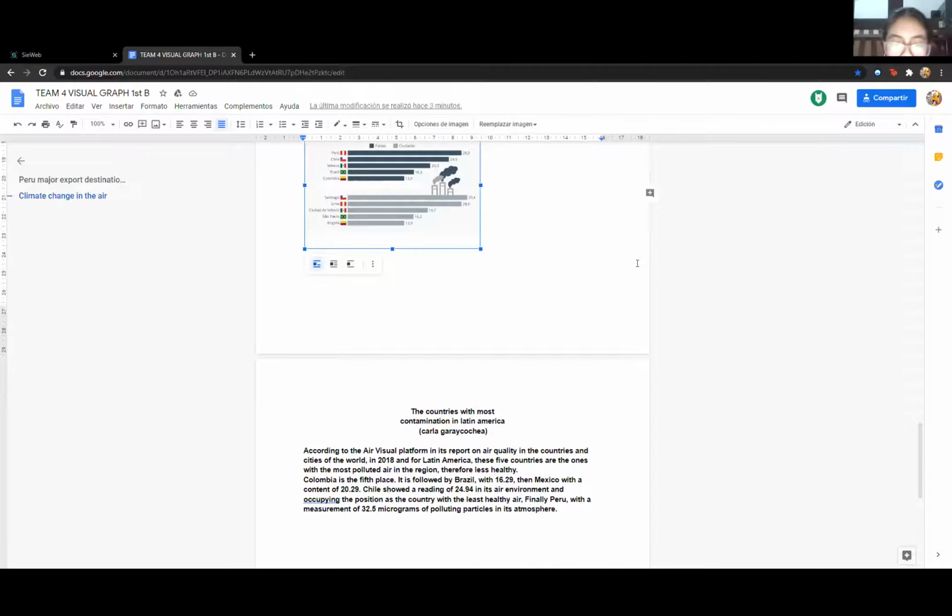According to the Air Visual Platform, in its report on air quality in countries and cities of the world in 2018, and for Latin America, these 5 countries are the ones with the most polluted air in the region. Therefore, less healthy. Colombia is the 5th place. It's followed by Brazil with 60.29%, then Mexico with a content of 20.29%, then Chile showed a rating